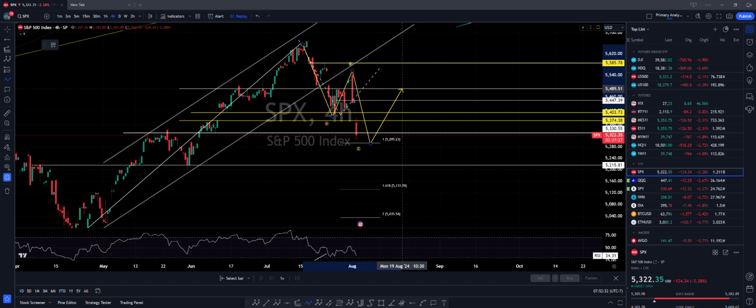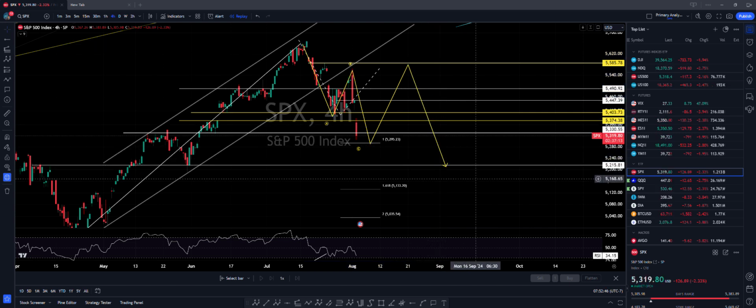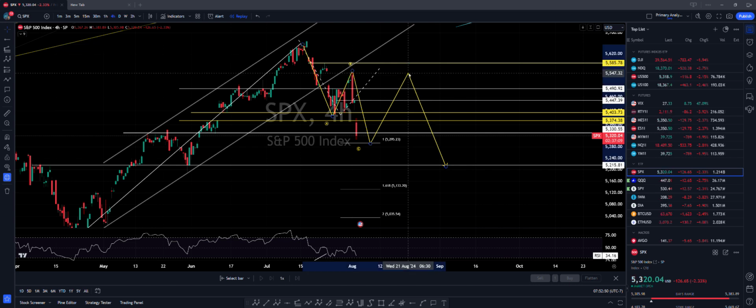Generally, a three-wave structure is either a WXY or a flat, right? If it's a flat, then we are going to get a very sharp bounce, taking it as close as the highs, and then we have another five leg down coming, right? So that's what a flat is. In the case of a WXY, if again the sell ends somewhere in this 5295 area, then we are looking at a bounce to 5490 again,